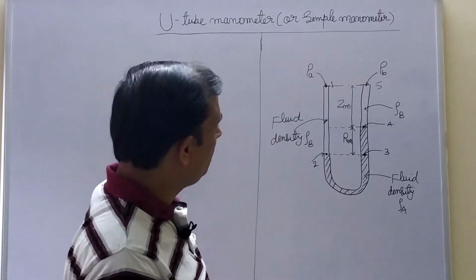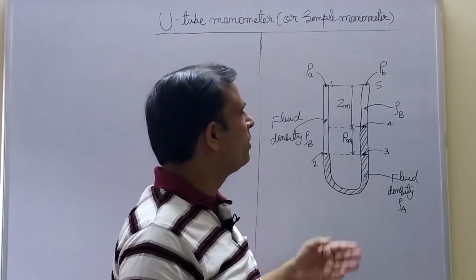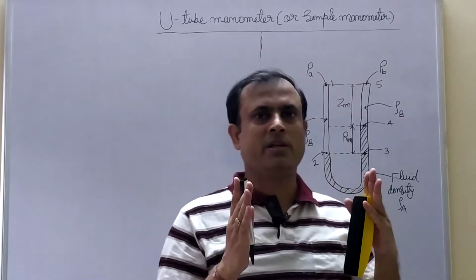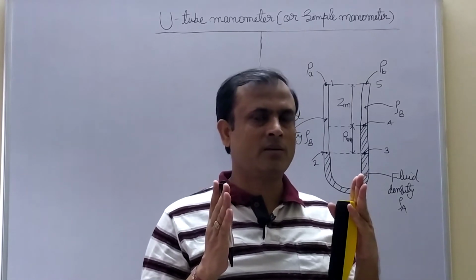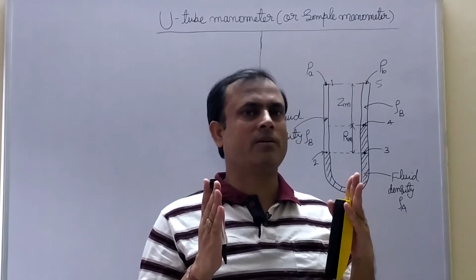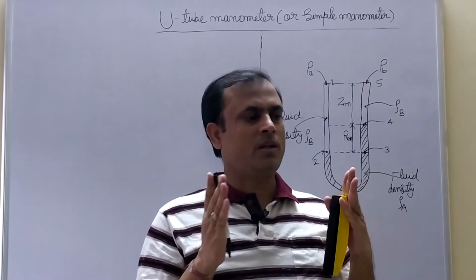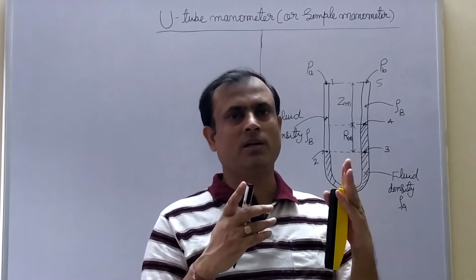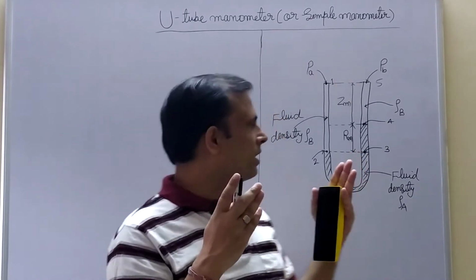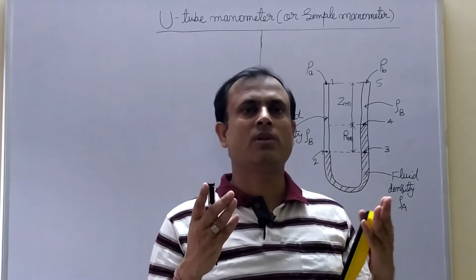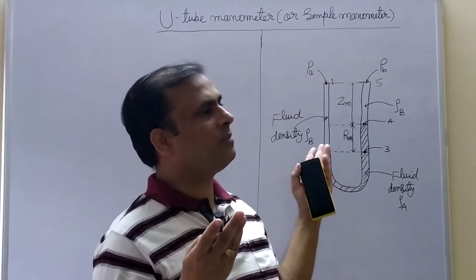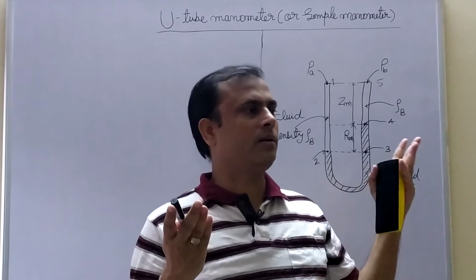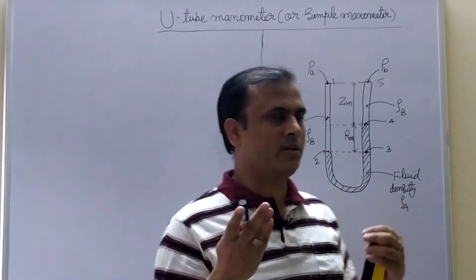And suppose we have this manometer here at atmospheric pressure. Will it give a reading? No, it will not give a reading, because the pressure in both legs will be equal, or we can say that the mercury level in both legs will be equal. So there will be no pressure difference. It will measure the pressure difference when it is installed or attached with a pipe where we have to measure the pressure difference.